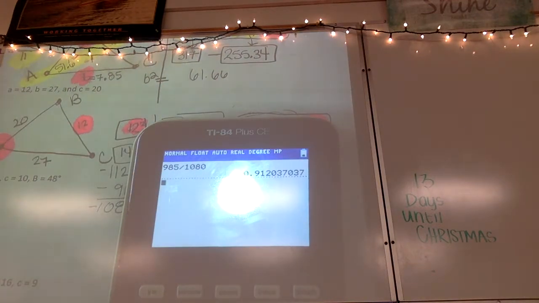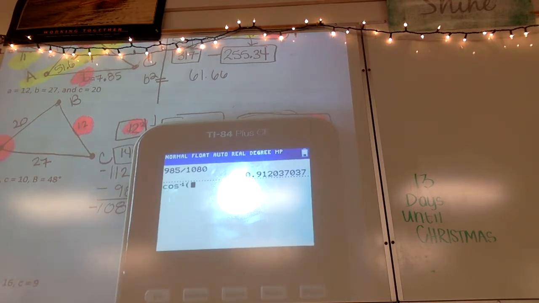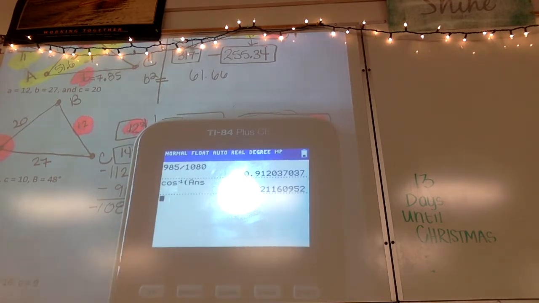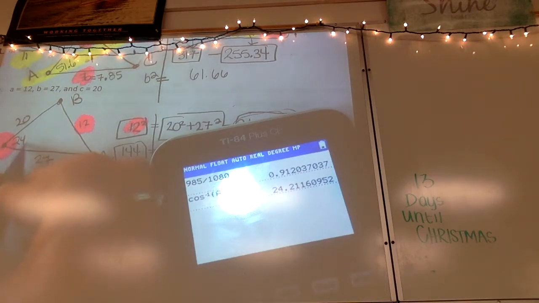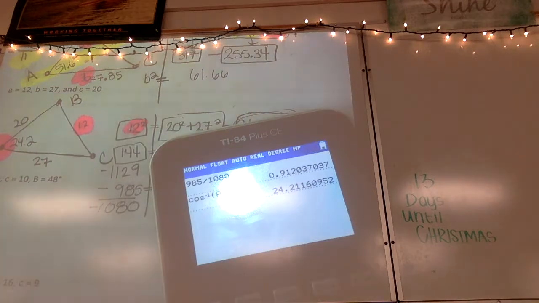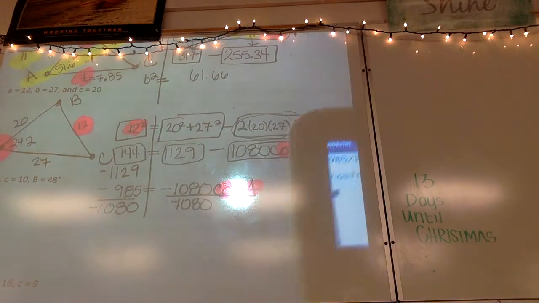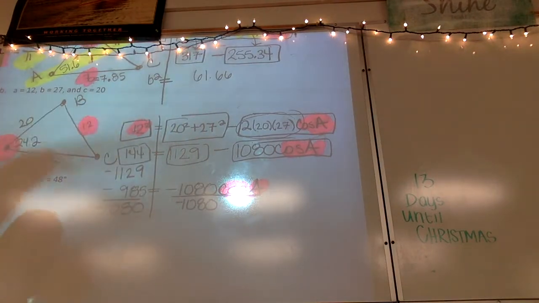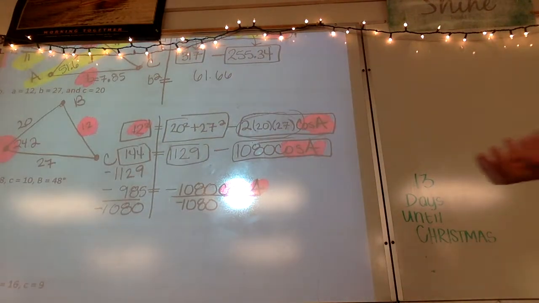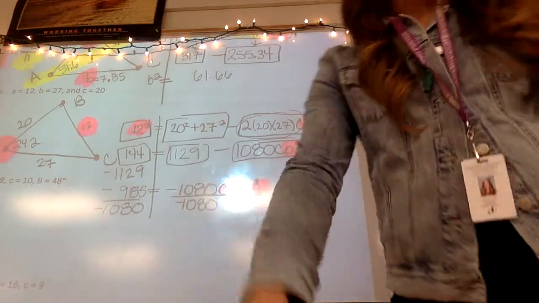Okay? And then is that the angle, or do we have to do inverse trig? Right. So then we do shift, or second, cosine. So your angle is 24.2. Okay, and now you're done with law of cosines forever. Well, on this question forever, because you would just do law of sines to come up with the other pieces. So